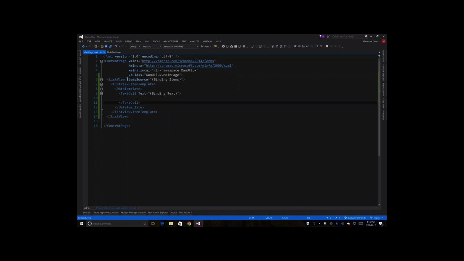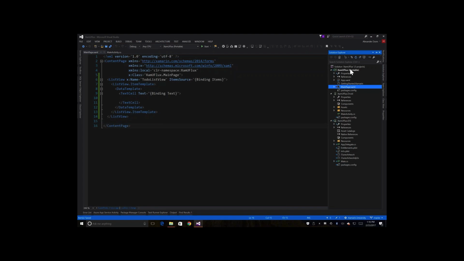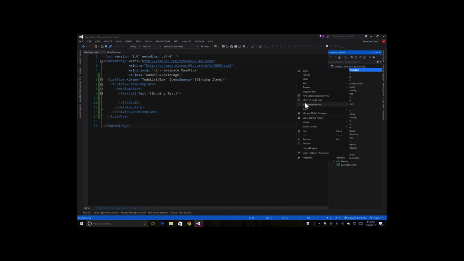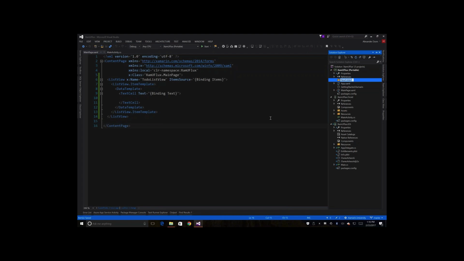Another thing I'm going to do real quick is actually give my list view a name, because I'm going to need to reference it in order to bind the commands the way I want. So we're just going to call this to-do list view. So that's all we're going to need for now. We're going to start off by just getting some items in a list. And what we're going to need to do now is create our model for our to-do item. So I'm going to go ahead and create a folder, models,